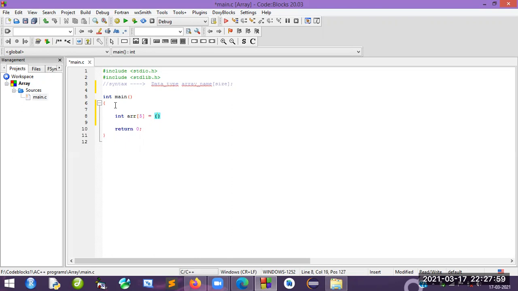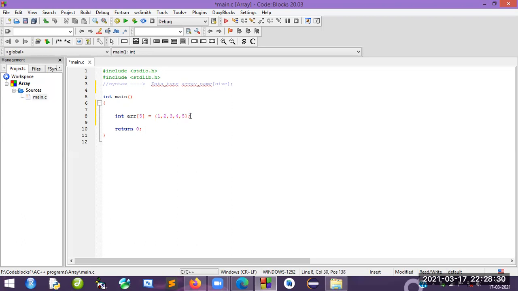Within the brackets you type 1, 2, 3, 4, 5. So there are 5 elements, because the array size is 5. 1 indicates index 0, 2 indicates index 1, 3 indicates index 2, 4 indicates index 3, 5 indicates index 4. Finally, semicolon.